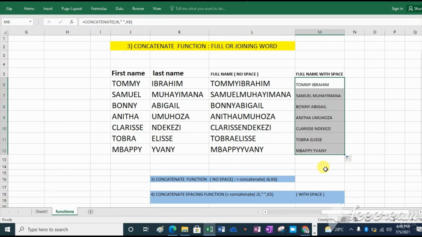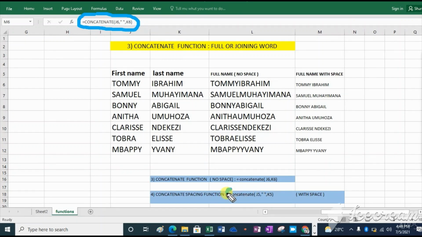So this function is known as concatenate but with spacing. The formula will look like this. You can type it somewhere in a book or another way, so that you can use it in your daily life. Do you get me?